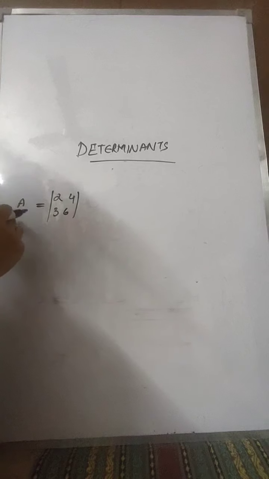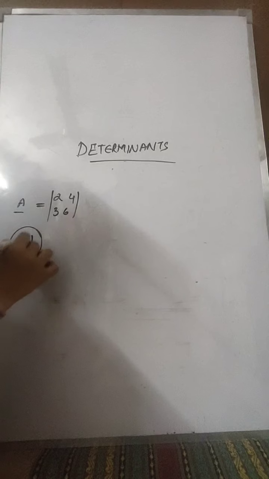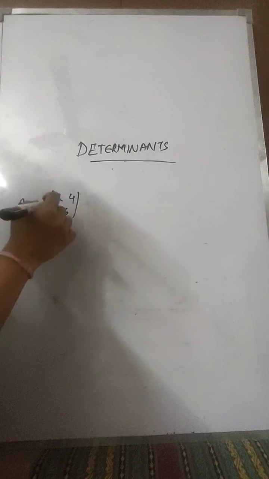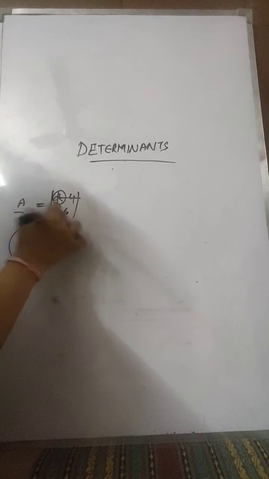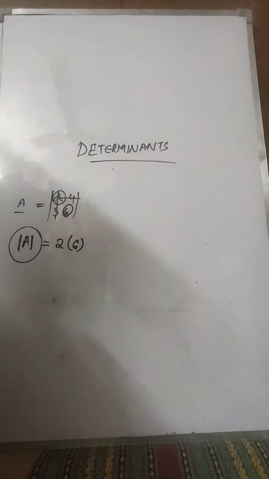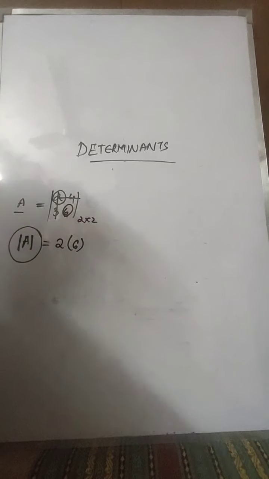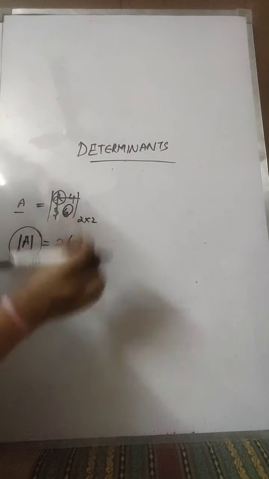So if I am naming it A is equal to this, then how will I calculate the determinant? The determinant sign is this. These two lines represent the sign of a determinant. Now how will we calculate? We'll take the first value 2, eliminate its row and column, and then multiply it by the leftover element. This is specially for a 2 cross 2 matrix. So here we will have a determinant of 12. So our answer is 12.